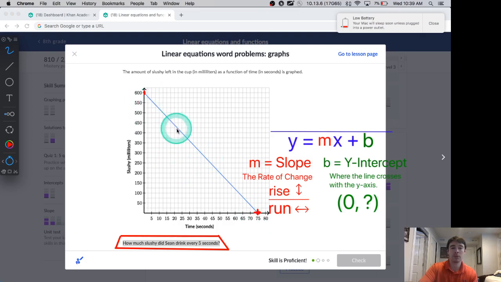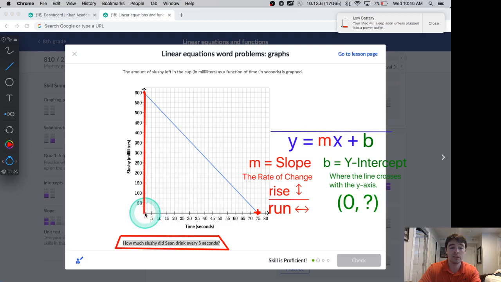A bunch of other data points I probably could have found in the middle. This is going to make my ratio a little larger, and it's going to need to be simplified, but they're easy data points to work with, I think. So this tells me, by the 75-second mark he's finished, and ultimately, I could draw out a whole big rise over run, and we'll do that quickly. But that's telling me if we start out with a y-intercept at 600 millimeters, and the x-intercept when he's done drinking the slushie is down at 75 seconds,